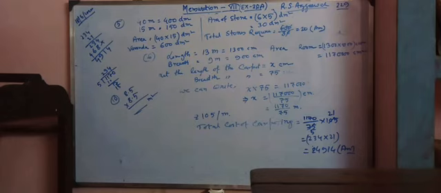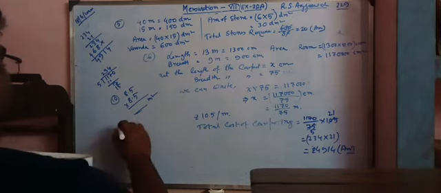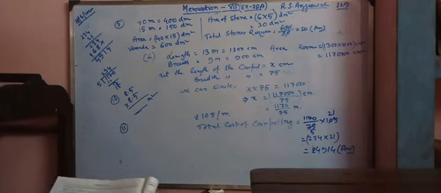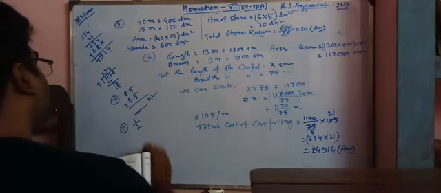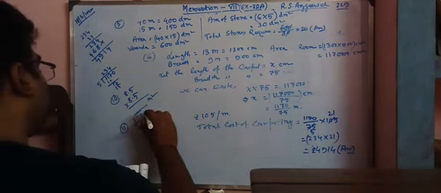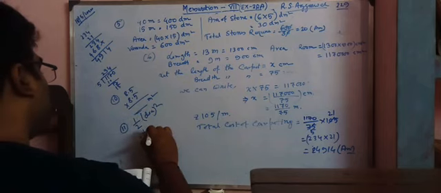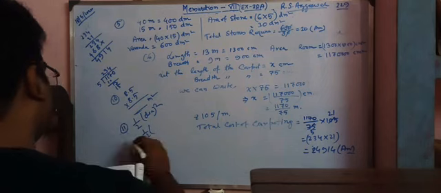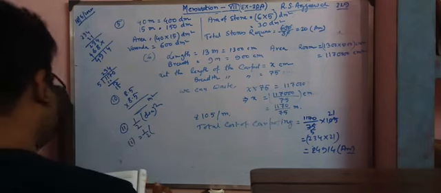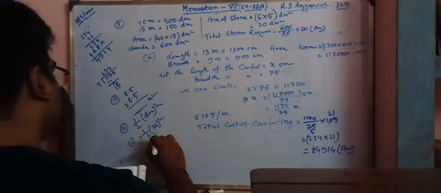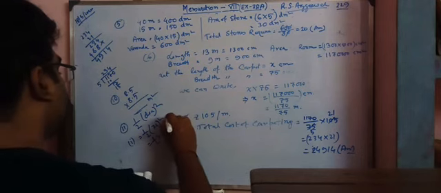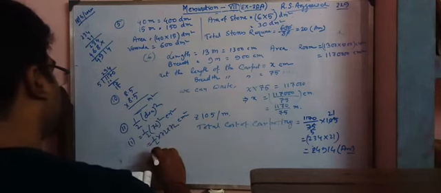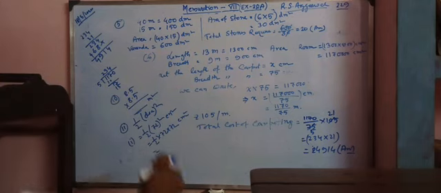Next, we have to find the area of a square whose diagonal is given, question number 11. For a square, if the diagonal is given, then the area is half into diagonal square. For the first question, 72 is given, so half into 72 into 72 square centimeter. We calculate this, and whatever comes will be my required answer. Similarly for the second question of 11.